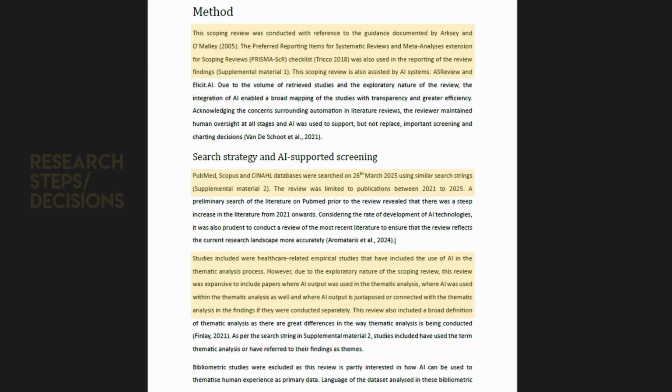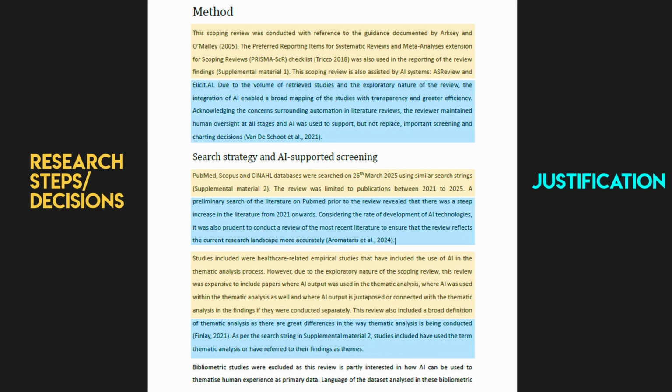The tricky thing here is mostly locating bits and pieces of information from Rayyan, from ASReview, from Elicit AI, my various Excel spreadsheets, Zotero, etc. My methods section was largely my explanation and justification for every step of the research. It was actually the easier section to write in the paper because it was mostly descriptive narrating. The key focus here is to be transparent and ensure that everything is well supported, since I am conducting a review using AI and that is still considered very new in the field.